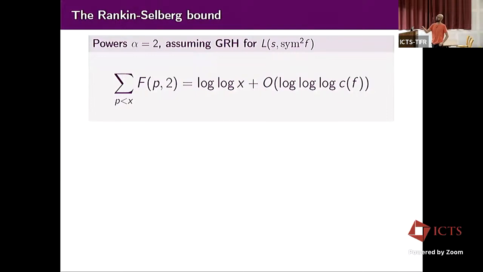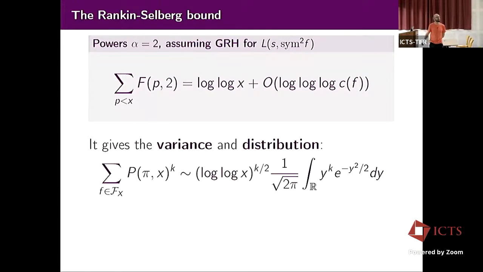And that's the statement. The sum, remember, is just the coefficient squared divided by p, which is log x plus a smaller error term. Remember, x is of size conductor. And this statement, before proving it, already gives everything that was in the moment statement. It gives the variance, because when I expanded my p to the k, I picked a lot of these terms.